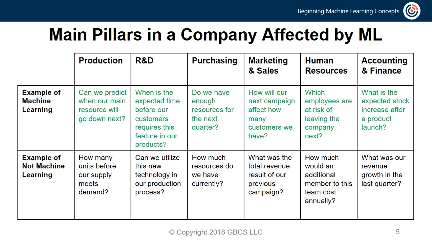To highlight some of the best pillars that will revolutionize companies that incorporate machine learning, we start with purchasing. Inventory of mass products and resources are at the core of some of the best companies like Amazon and Walmart. But what if your company's products have been very high in demand lately? Will you have enough to hold off on ordering more until next quarter? That is a question machine learning has to answer. In contrast, if you want to start answering that question, you first have to consider how much resources your company has right now. That doesn't require machine learning.